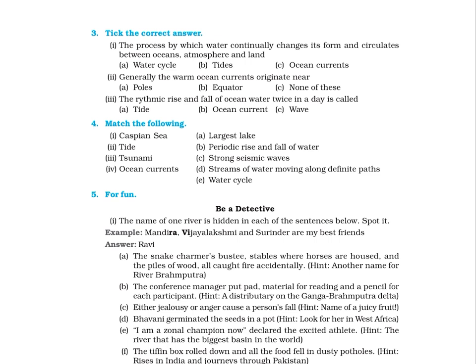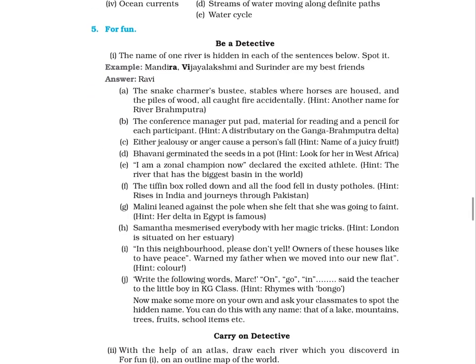5. For fun. Be a detective. Part 1. The name of one river is hidden in each of the sentences below. Spot it. For example, Mandira, Vijaya Lakshmi and Surinder are my best friends. Answer Ravi. A. The snake charmer's basti, stables where horses are housed, and the piles of wood all caught fire